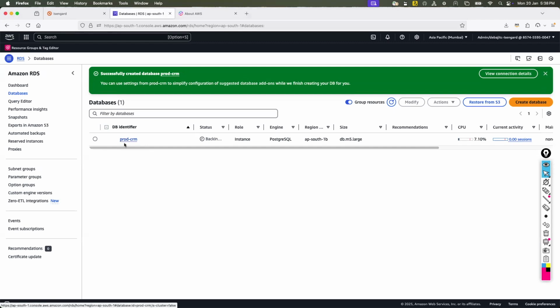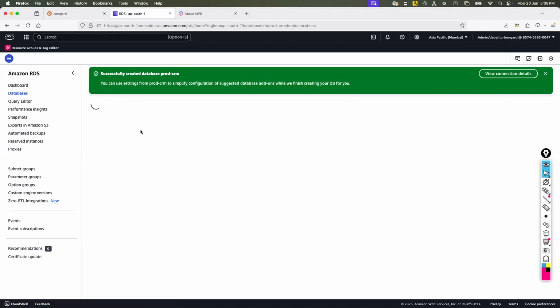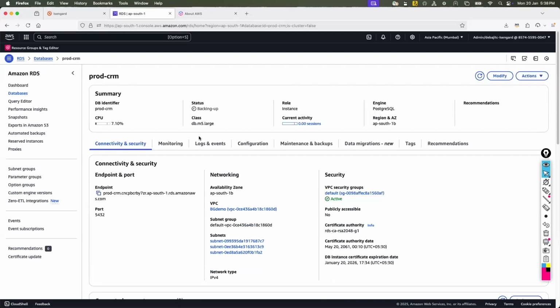So this is the prod CRM database, right? We have just created it. If you click on that, it will take you to completely different areas, different descriptions, different pages, different sections. And this is a very important thing for you: the endpoint. So you remember, I told you about the endpoint, which is the common endpoint. So your application should communicate with this endpoint, right?